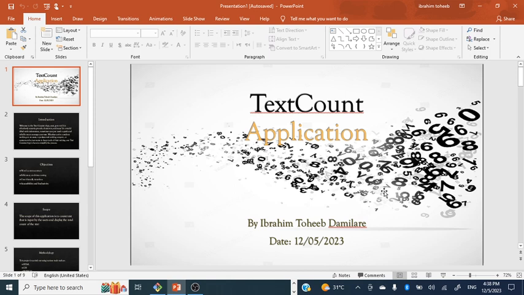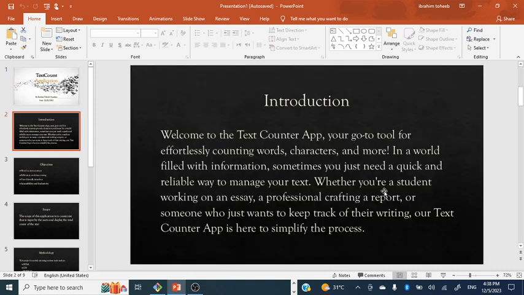Today I'm going to be talking about an application which I created titled TextCount Application. What is this application all about? TextCount Application is a tool for effortless counting of words, characters, and many more,